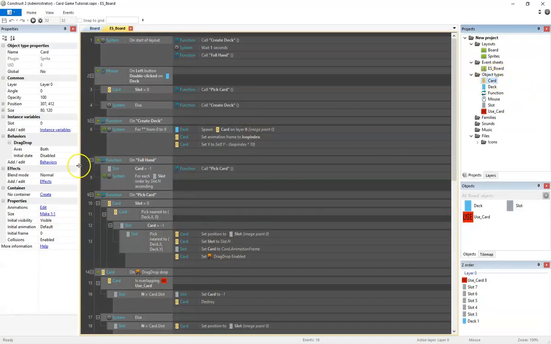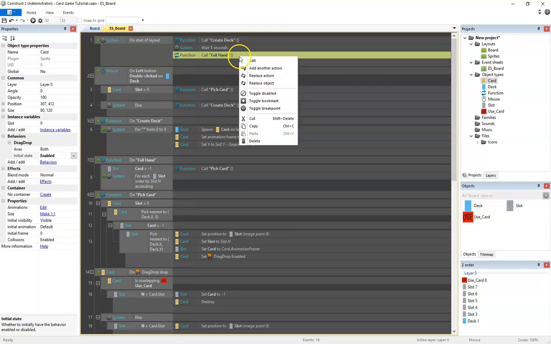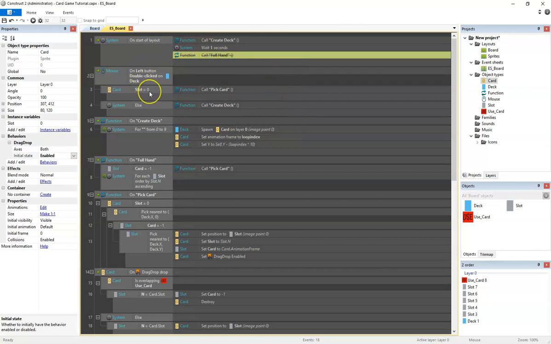On the card I'm going to enable the drag and drop behavior since the beginning, and I disable the call to the function full hand. In this way I can have total control of the cards, and it's also a good excuse to show you how interesting it is to debug things thanks to the function. So in this case I have disabled this one, and I can make all the tests I want with the